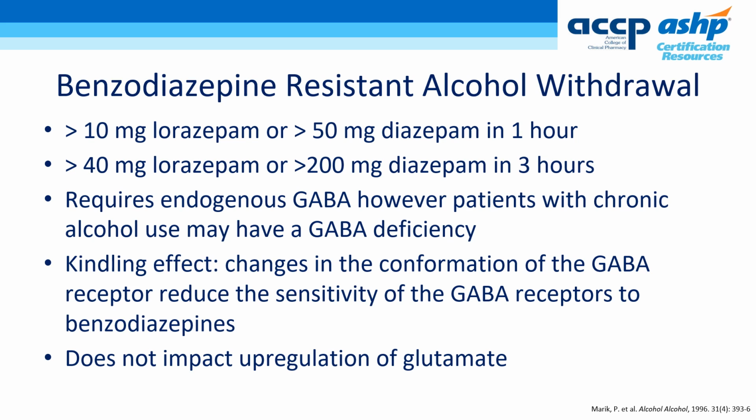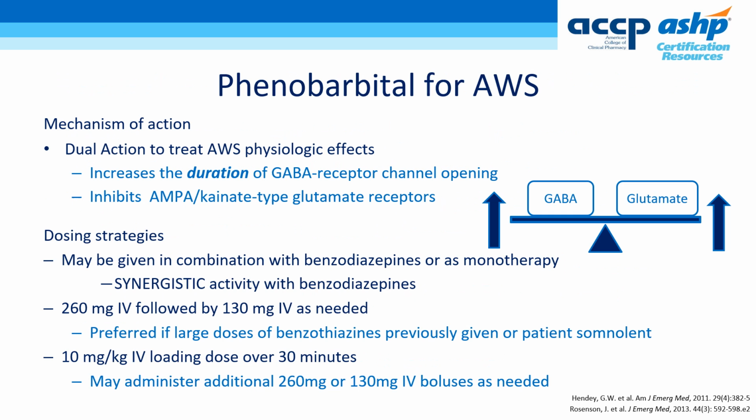And the third is that benzodiazepines only work on GABA receptors, which is only part of the neurobiology of alcohol withdrawal. Remember that we also have an upregulation of glutamate-mediated excitation. With frequent and high levels of alcohol consumption, the glutamate receptors actually multiply, so that when drinking you have less mental status depression. But when you stop drinking, you have uncontrolled excitation of this pathway.